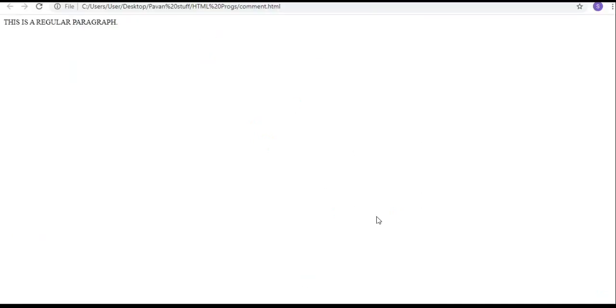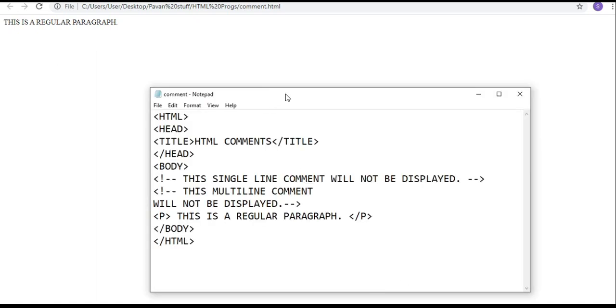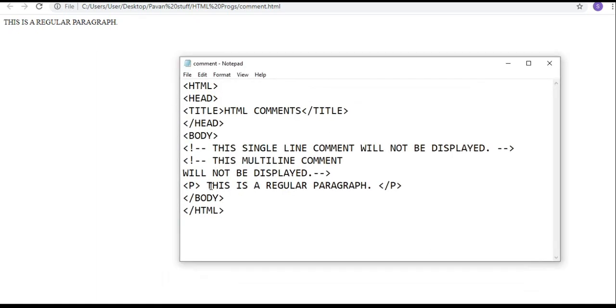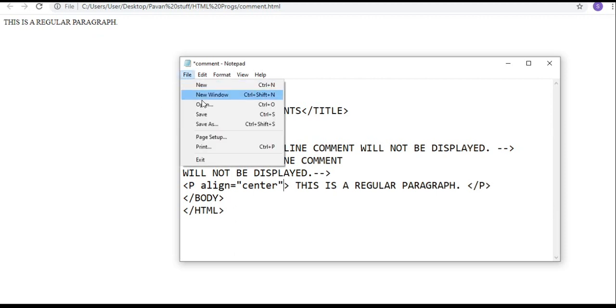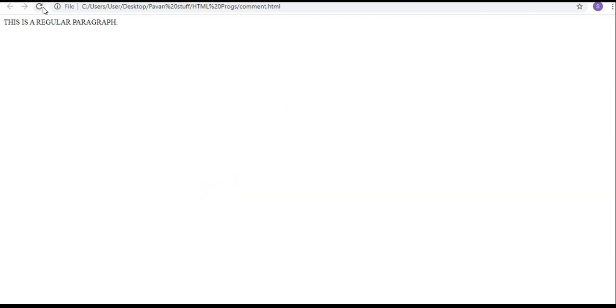Okay, now whatever lines I have written under comments are not displayed. This is a regular paragraph, only that I can see. For this, align equal to, in double quotes I'll write center, file, save, observe.